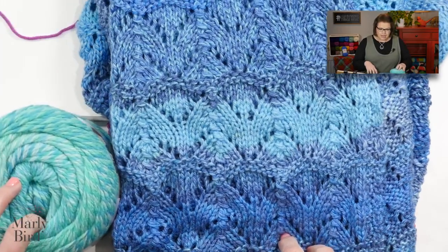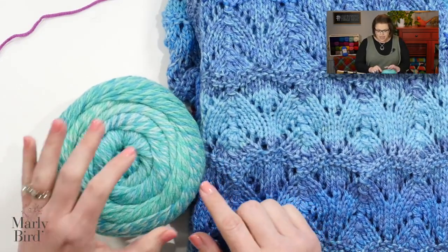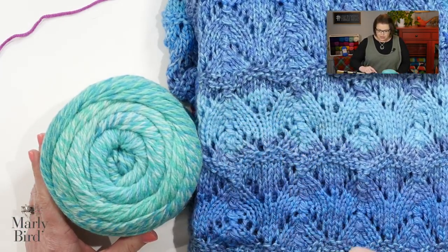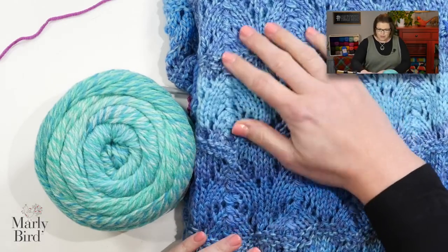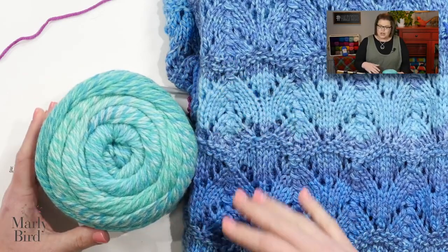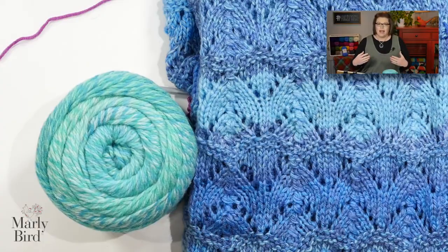And one of the great things is that if you decide to use the Roll With It tweed yarn, it has a natural ombre effect to the yarn. So as you're working each section, it will look subtly different than the last. I mean, look at the sample here. You can see it goes from sort of a really lighter blue to a darker blue to a light blue to a dark blue. It has this really great variation. So as you're using this yarn, you're going to be excited to see what each section looks like as you come to it. So it's going to make for a fast, enjoyable knit all the way up to the